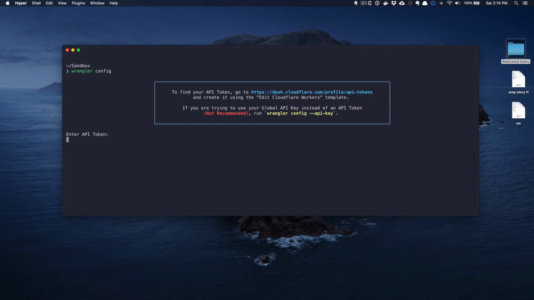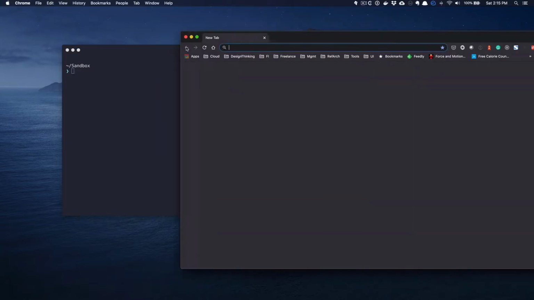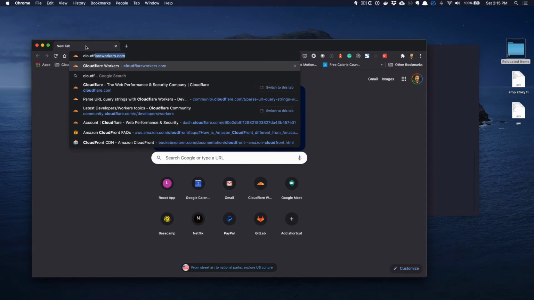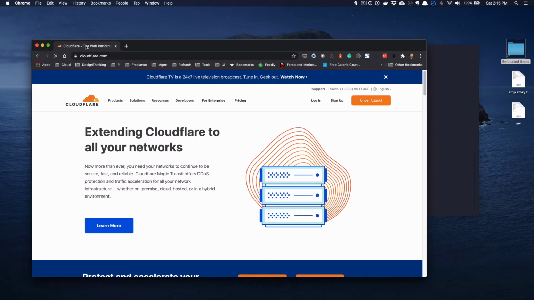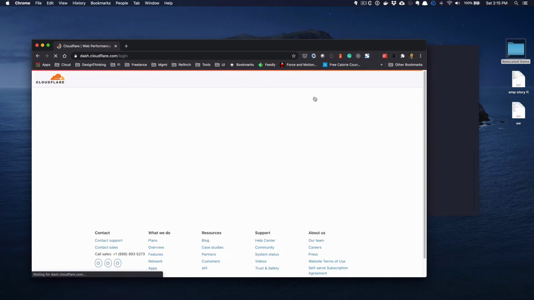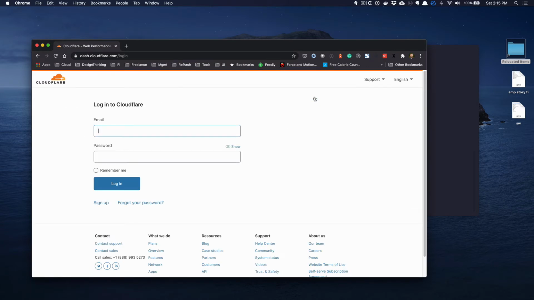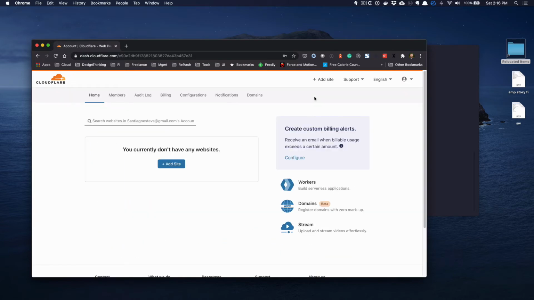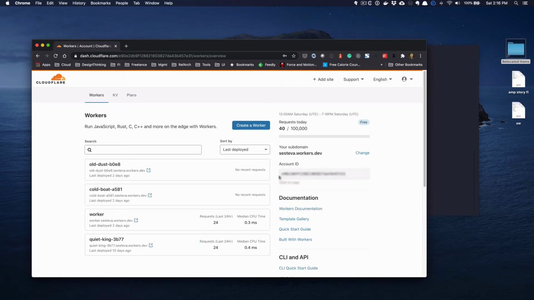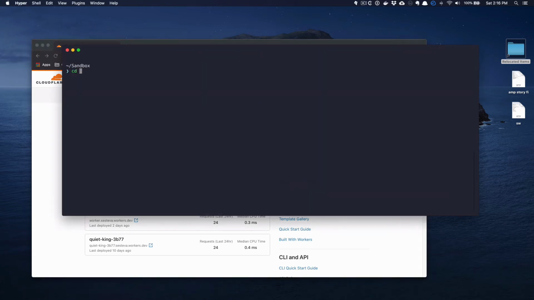So one little bit of step that we need to do is to execute wrangler config, which will ask for a token ID, which we can get from cloudflare.com. So you will sign up, and once you're in, we will go to the workers screen, and in there we will get our account ID. Click to copy the account ID, and we go back to our code,